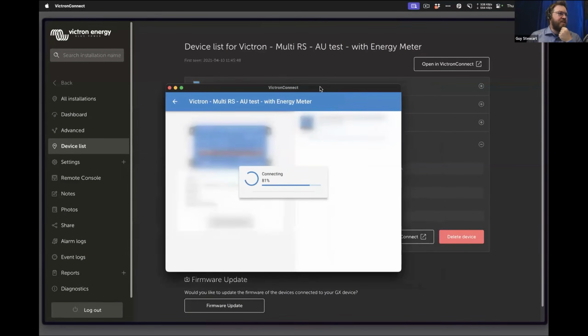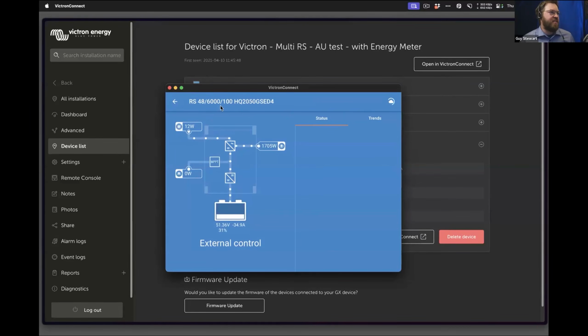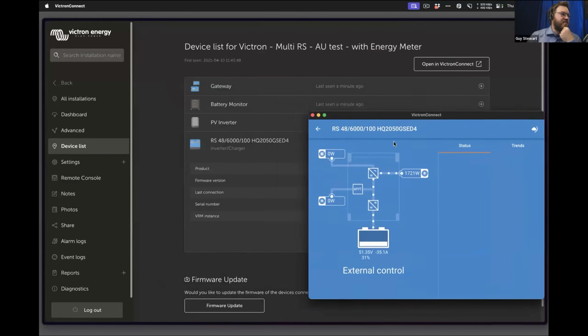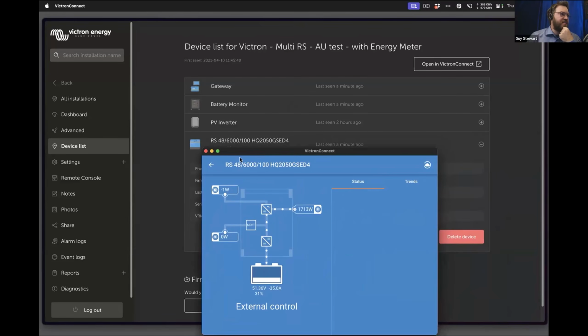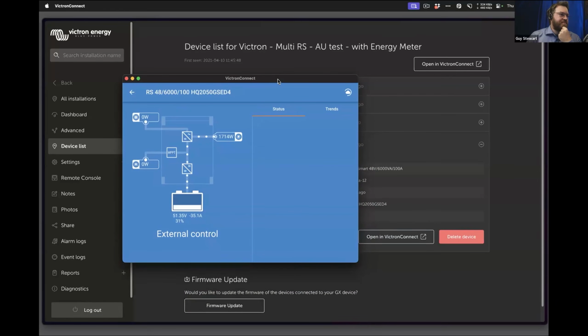It then opens up Victron Connect, opens up the site. You can see the site here linked in, opens up the specific device that I selected. This is the Multi-RS 6000. You can see it right there matching. And what's happening now is that it's downloading the settings. This little cloud spinner up the top right. First thing that's going to come in is the status. That should load in a moment.